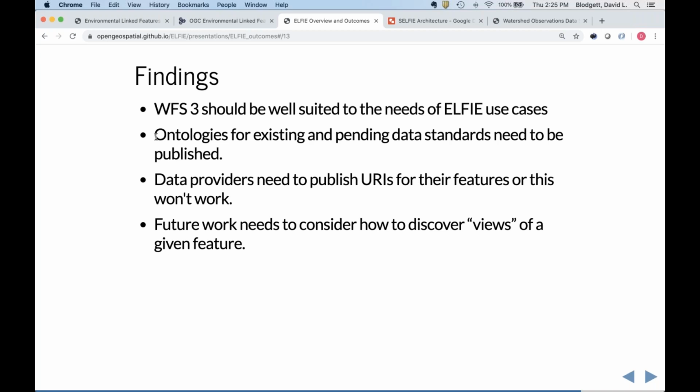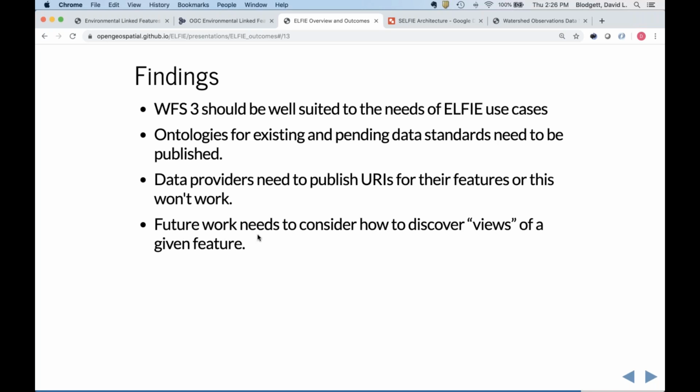Data providers don't really, without those ontologies, without common practices for linked data, it's not entirely clear how to publish your features as identifiable, referenceable things. So there's a little bit of a chicken and egg. Data providers need to put these identifiers out there to be used, but without clear ways to use them, it's not really clear how or why that should happen. So that's a little bit of a chicken and egg problem that we need to overcome.